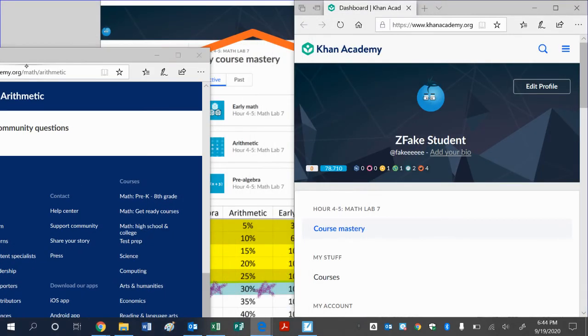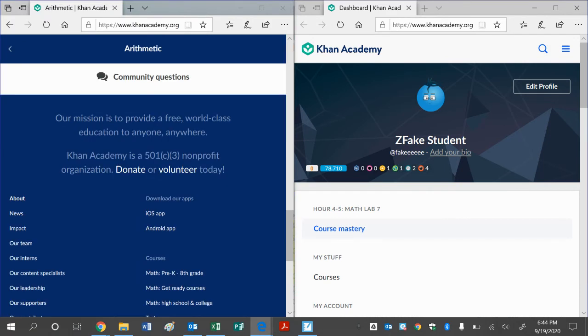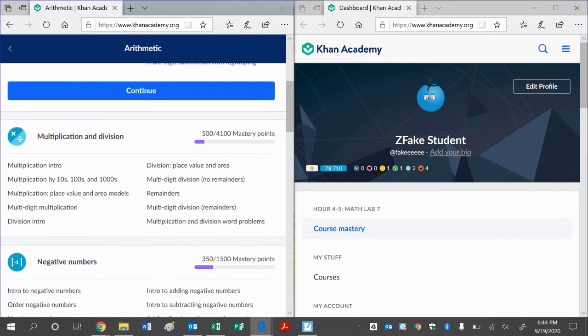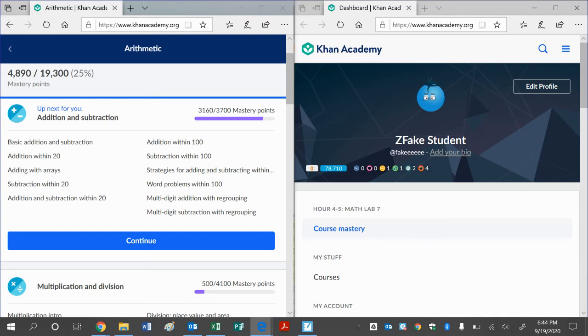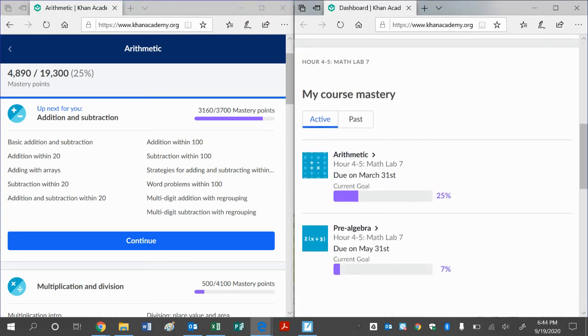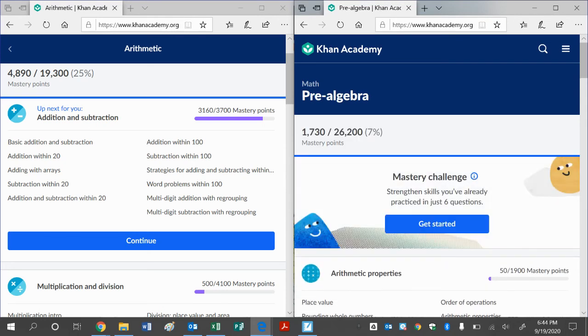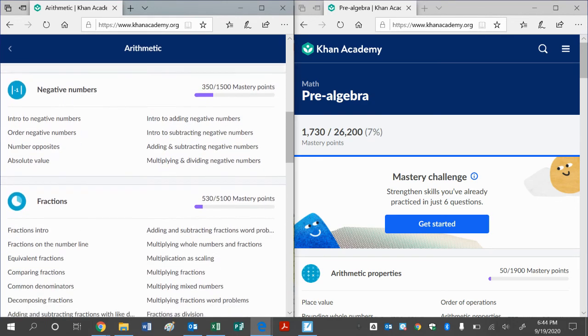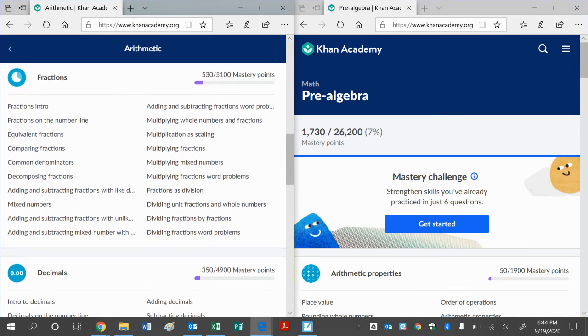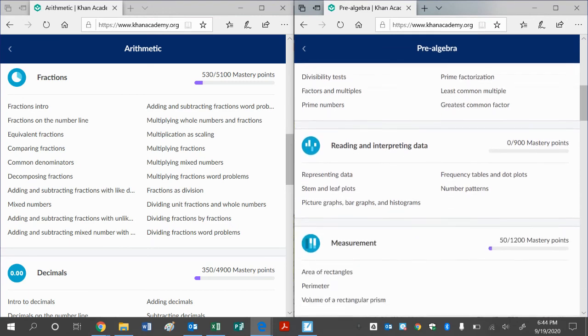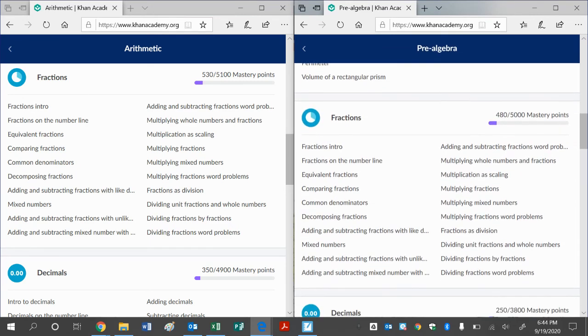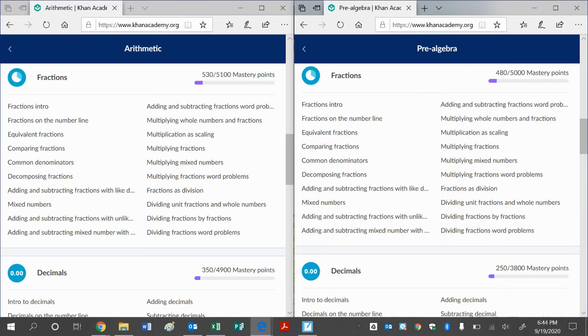I want to point out something though, if this computer stops messing around so much. I'm going to go to arithmetic. These are all the things found in arithmetic. I'm also going to go to pre-algebra. Because the question is, once you get past early math, all right, Mr. Callan, but I got to make up a lot of distance and a lot of time. So you know what? If I just scroll down to arithmetic, there I see fractions, there I see decimals. If I scroll down in pre-algebra, factors, multiples, all this good stuff, oh, look, there's fractions. Oh, look, there's decimals. So what I'm going to do in arithmetic is I'm going to get going on either fractions or decimals,